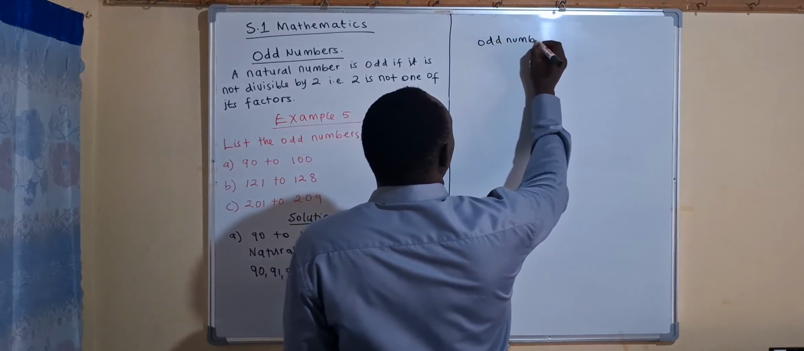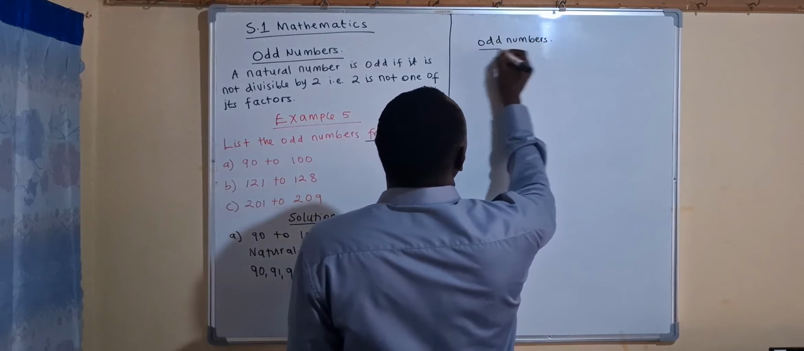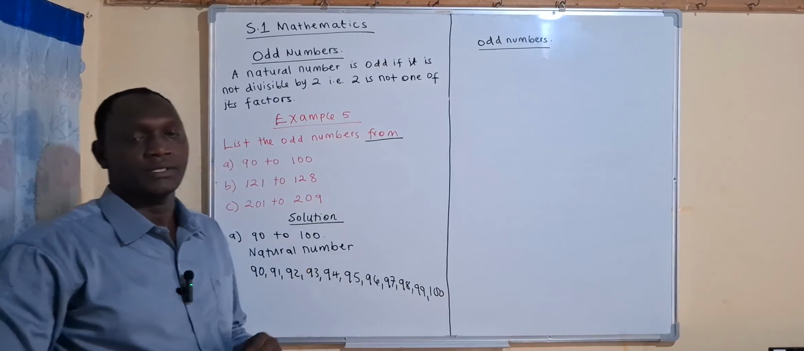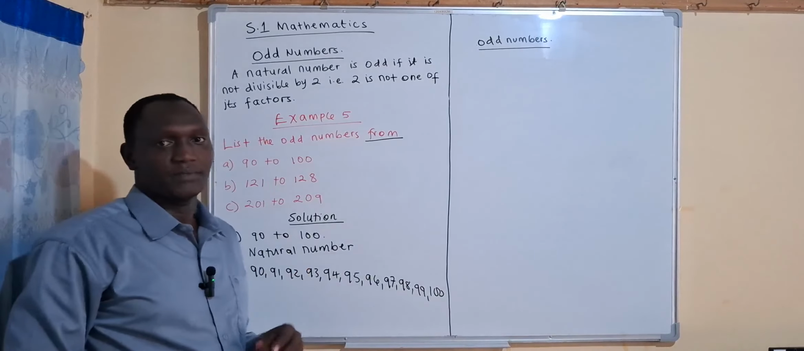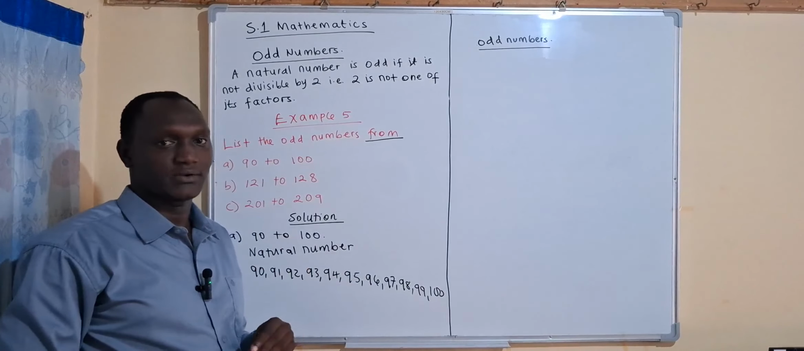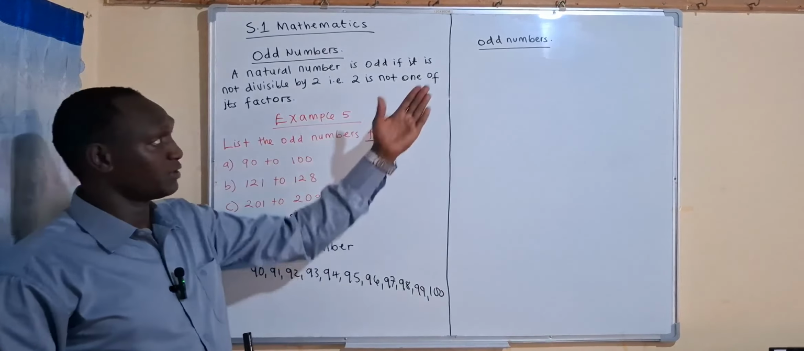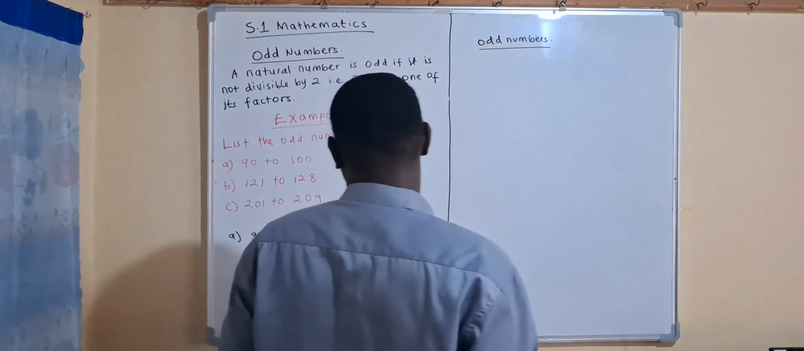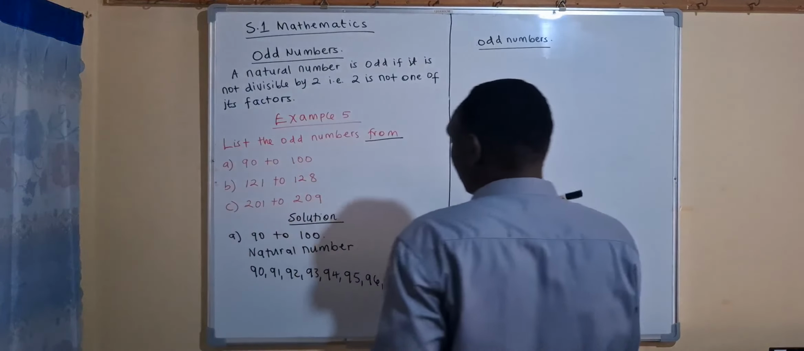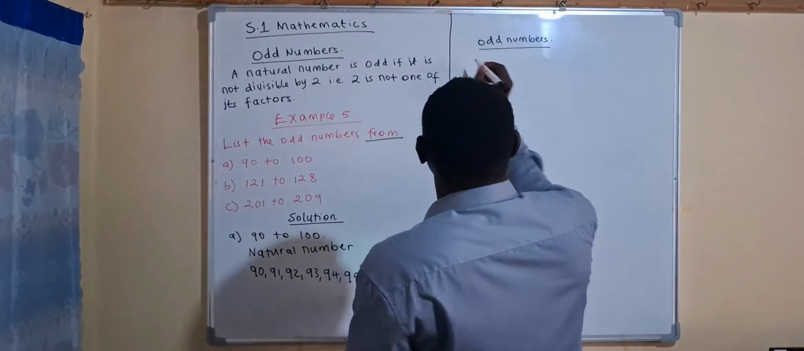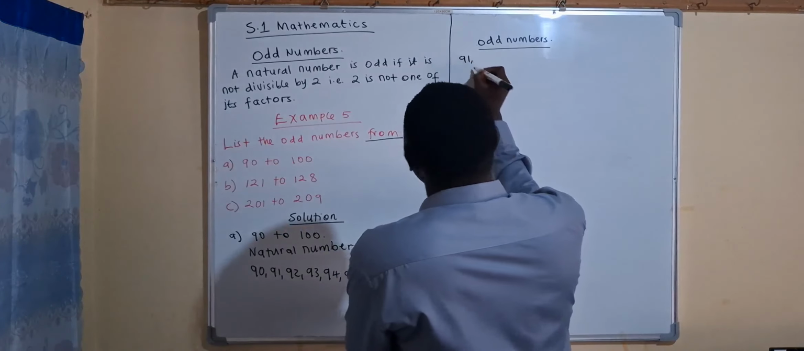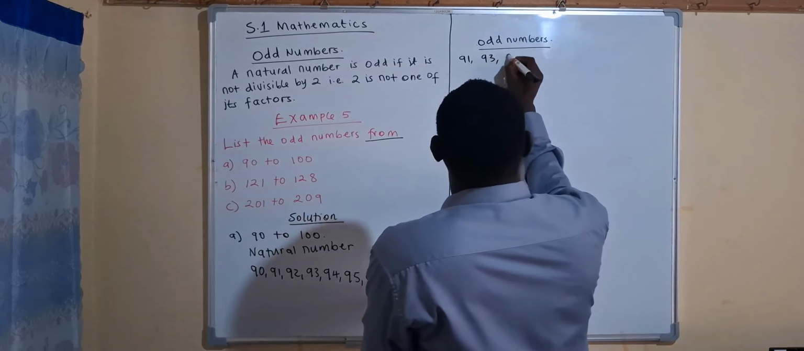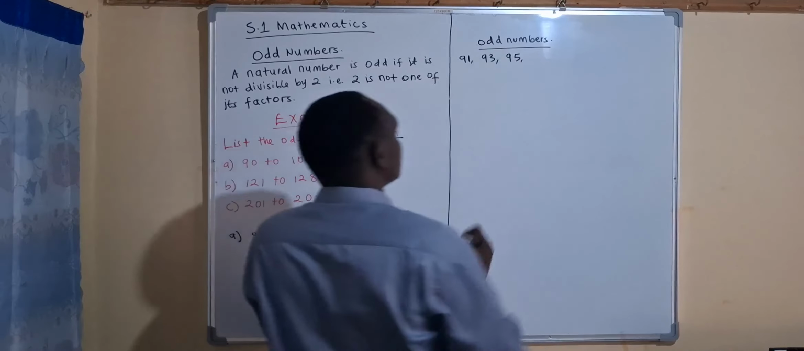What we simply do here is we try to divide each of these numbers by 2. If there is no remainder, it is an even number. If there is a remainder, it is an odd number, and therefore we shall include it in that set. So 90 divided by 2 is 45, and there is no remainder. Therefore, 90 is even. So 91 is odd, 92 is even, 93 is odd, 94 is even, 95 is odd,